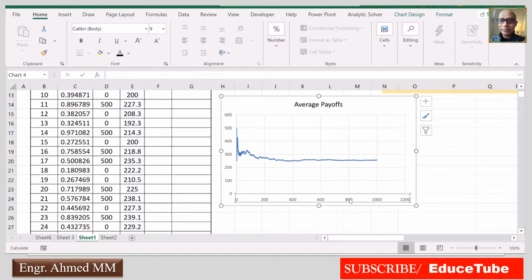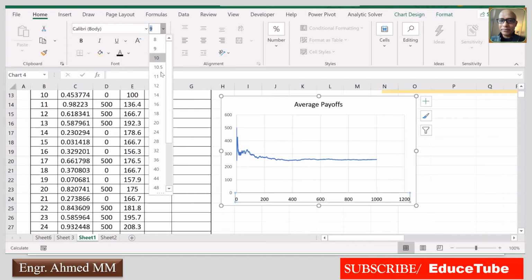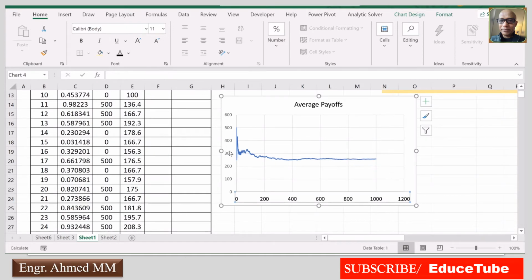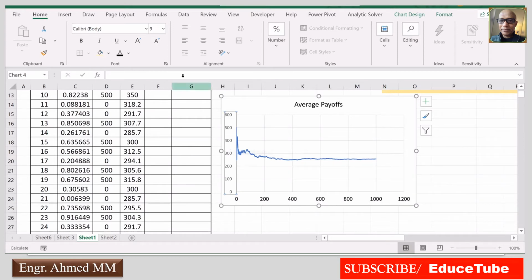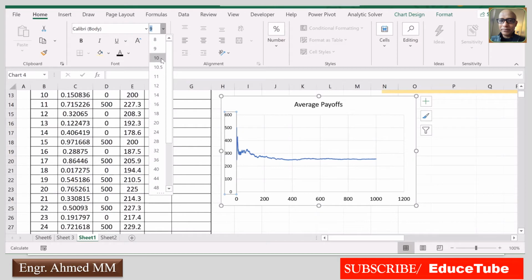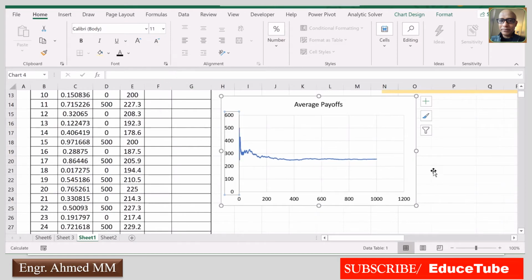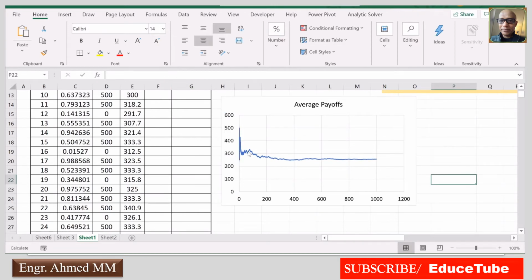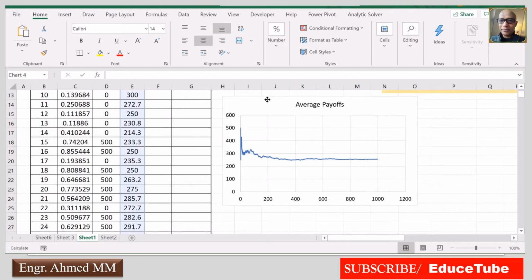And this one I want to keep as it is, to be black, and make it slightly bigger. Looks good. Go for this, make black, and just make 11. So it will be good to look at. This is our graph. Here if we look at,